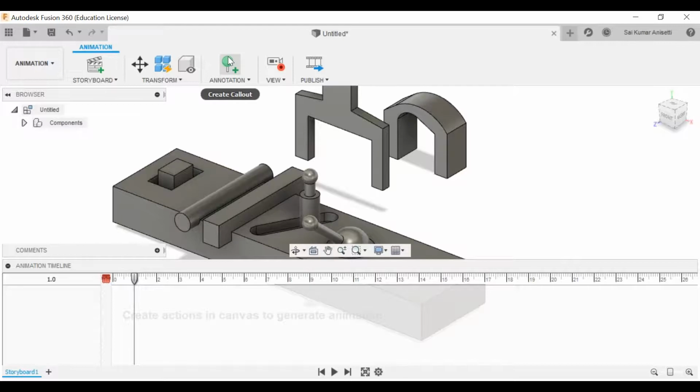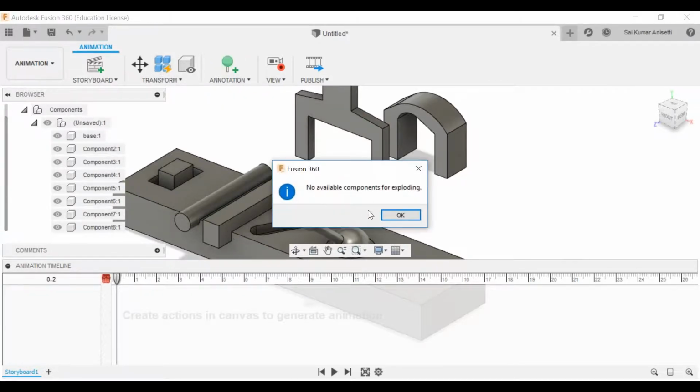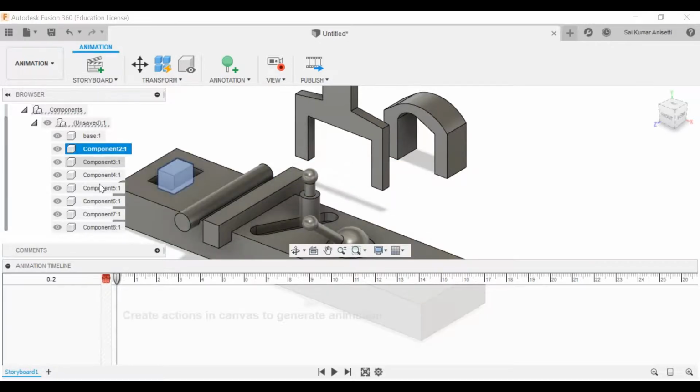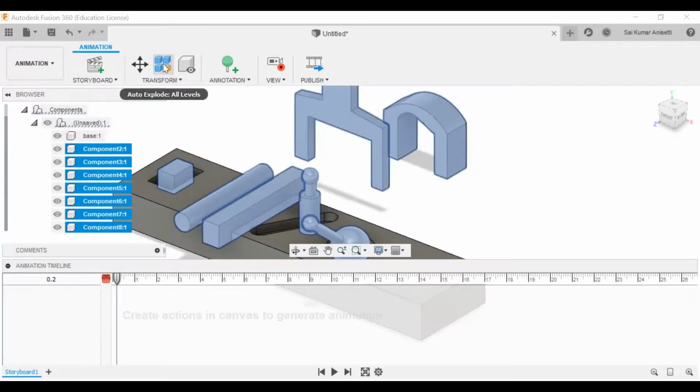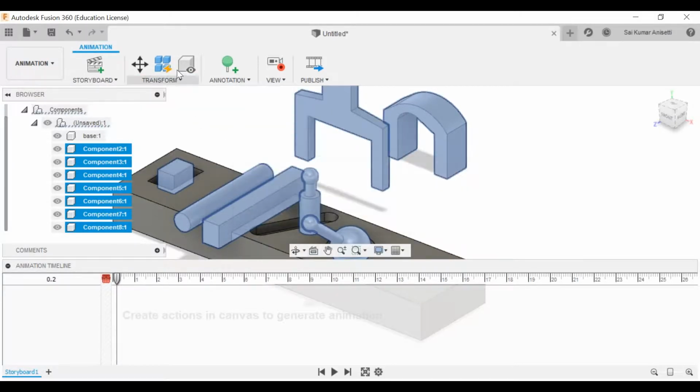So you have different kinds of animation. See, it is going to hang. Okay, if you want to play, you can create your animation and storyboard, and you can transform. You have all these components. You have create, callout, transform, component number 1, component number 2. Okay, it has already been separated. See, to explode one level, it has almost been done.